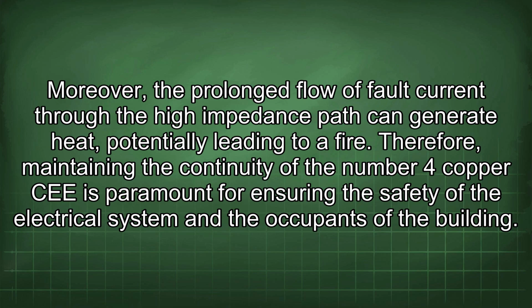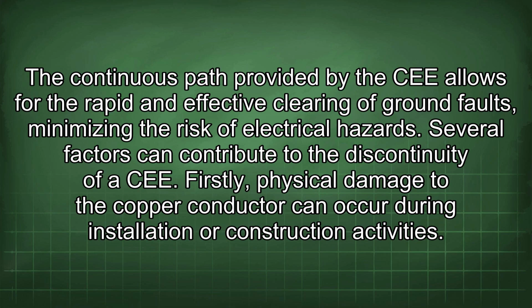Moreover, the prolonged flow of fault current through the high impedance path can generate heat, potentially leading to a fire. Therefore, maintaining the continuity of the number 4 copper CEE is paramount for ensuring the safety of the electrical system and the occupants of the building. The continuous path provided by the CEE allows for the rapid and effective clearing of ground faults, minimizing the risk